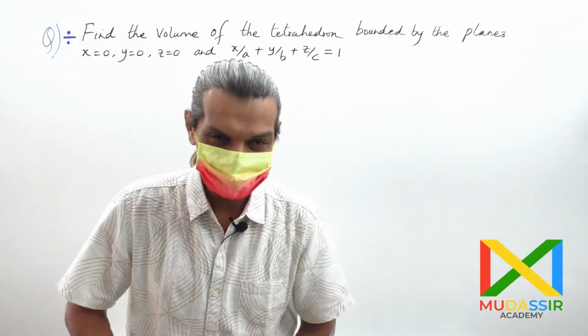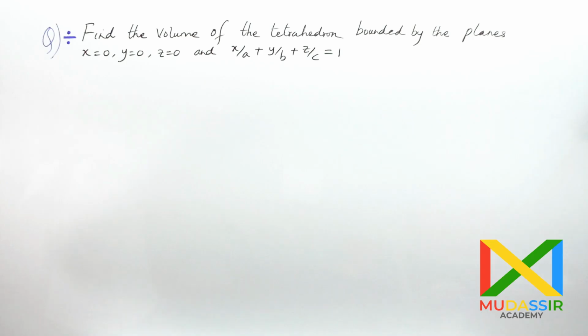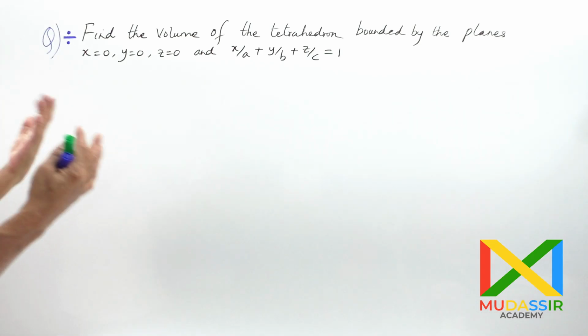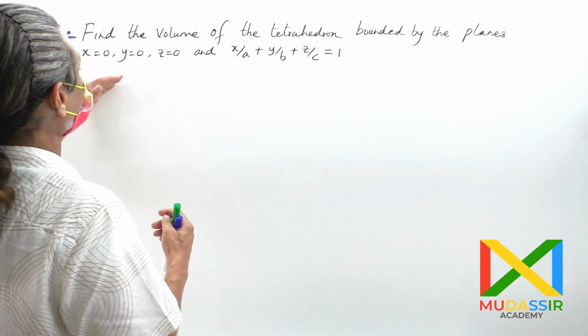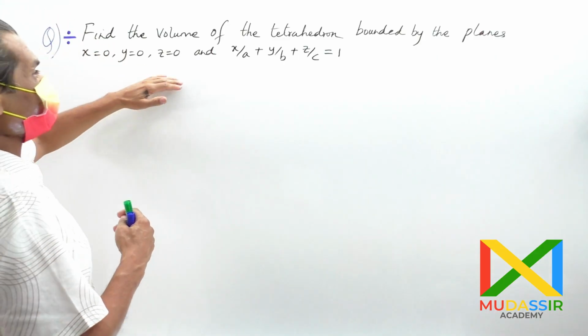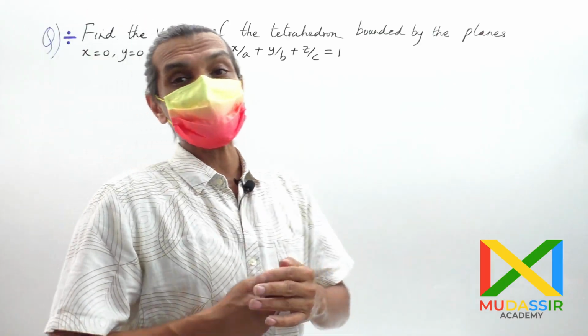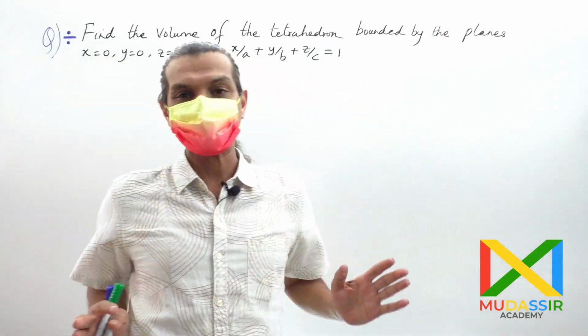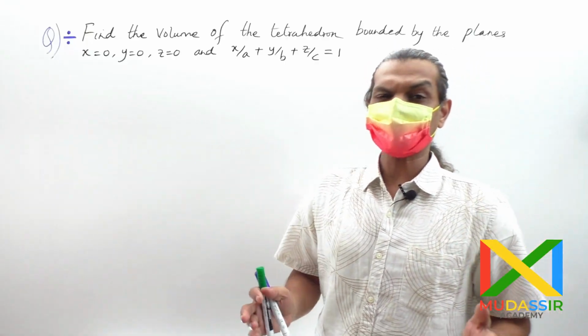Hello students, welcome back. In today's video, I will be solving a very important problem from integral calculus, that is, application of integral calculus to find the volume of a tetrahedron bounded by the planes x equals 0, y equals 0, z equals 0 and x over a plus y over b plus z over c equals 1. This is a very important question, frequently asked across question papers of many universities across India,